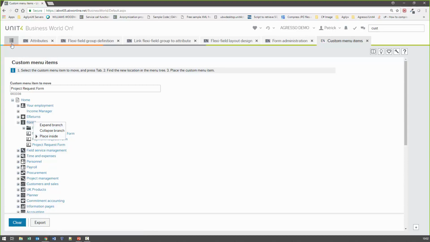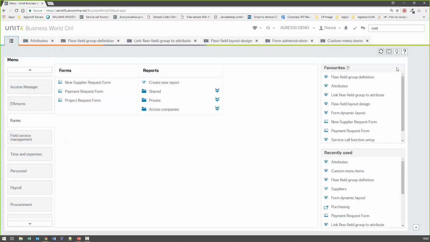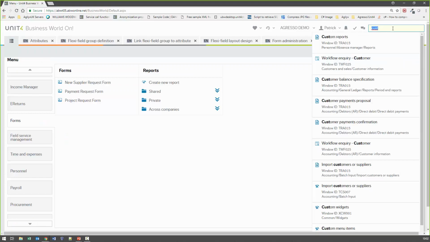So at that point, you've got your attributes, your FlexiFields, you've done your layout, you've done the form administration, and you've moved it into your new menu item. The next stage would be giving menu access to users. And again, it's a new menu item, so by default, nobody has access to it, even super users or system users. So if we go to menu access,